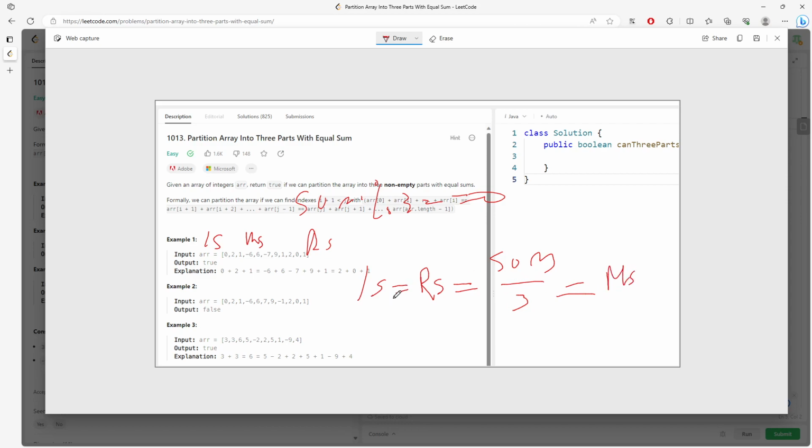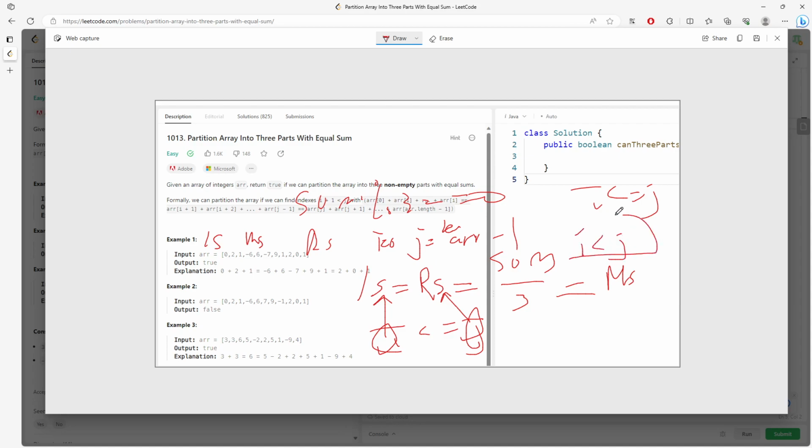But you need to be careful. The left sum is index i, right sum is index j. i has to be less than or equal to j. This is because when you add the value i into the left sum and decrement the j value into the right sum, you need i starting from 0, j starting from the last index inside the array, length minus 1. So if i is less than or equal to j, it works. i less than j does not work because